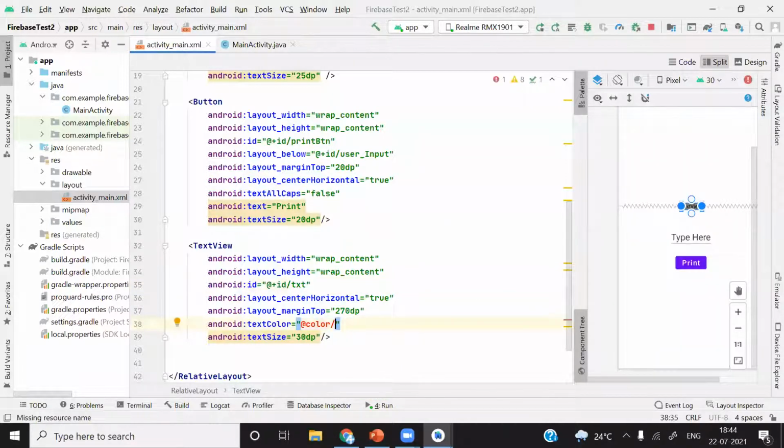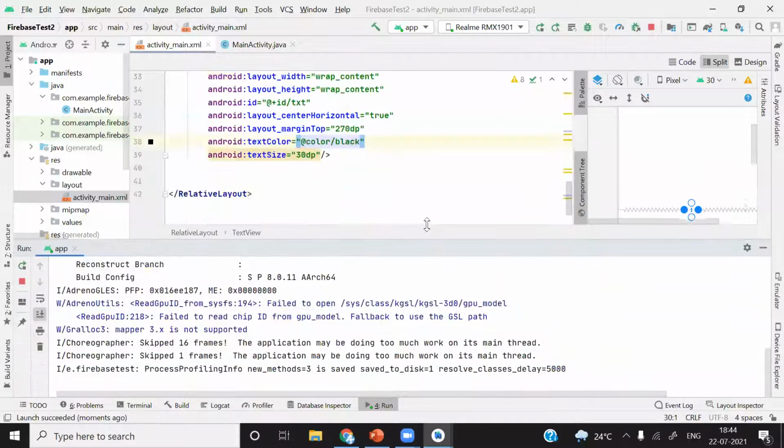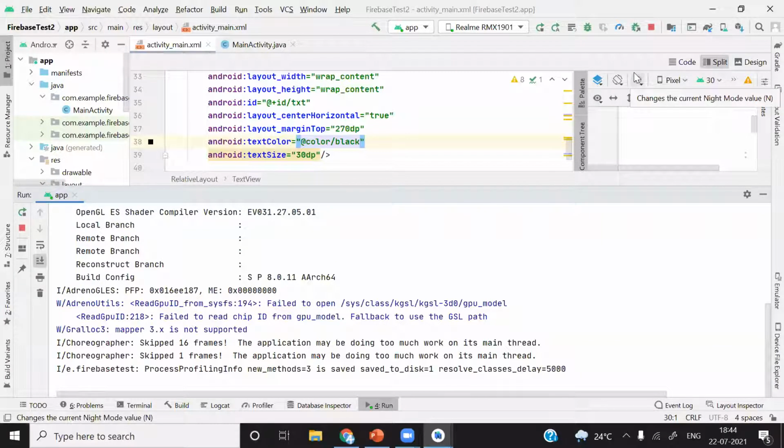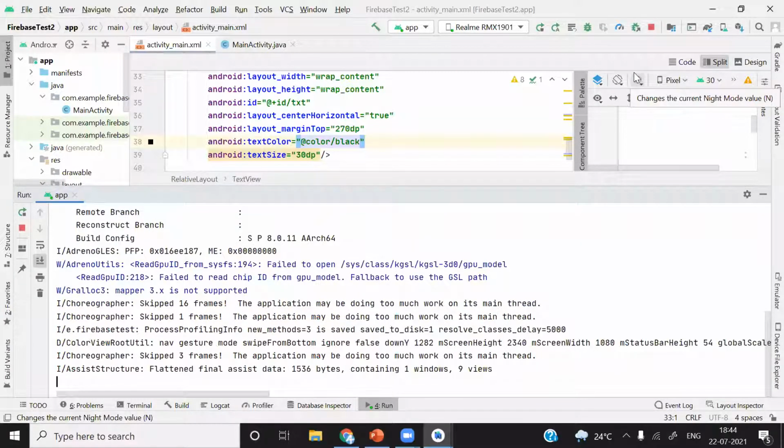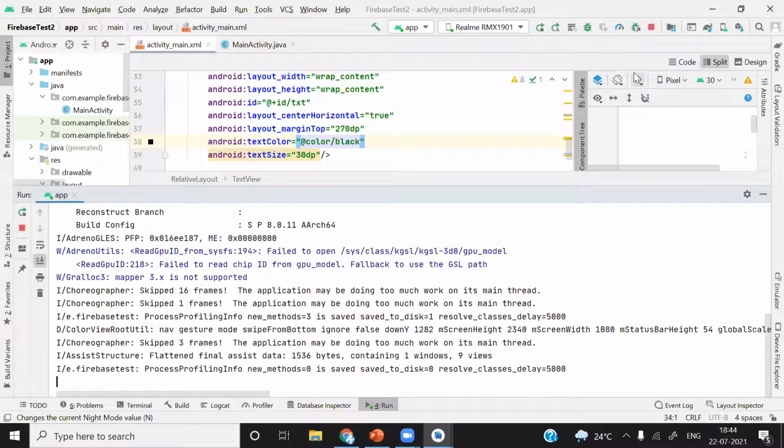We have to set it here as black. I'll just select black. Okay. Our application is running now. I'll show you first. You can see here there is nothing above type here. Okay, we have added the component text view, though we are not able to see anything.